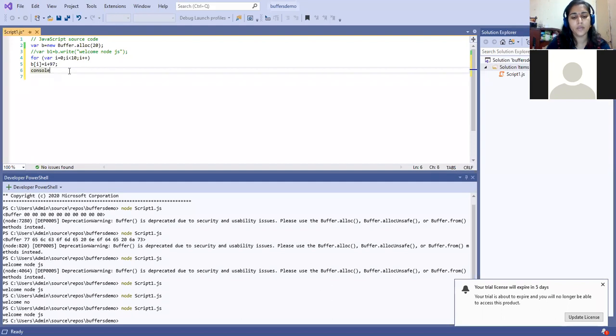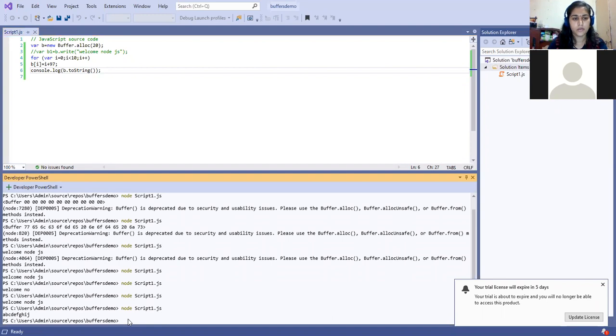So how it would be, console dot log, and in that I'll convert it into string because I want the characters to be displayed instead of binary digits. So toString. Okay, and now let us see what the output would be. Here a, b, c, d till j, 10 characters from the alphabet series will display. Because I have used here 97, it will start from smaller a to j.